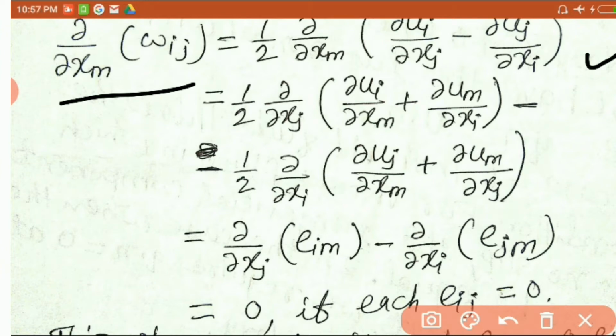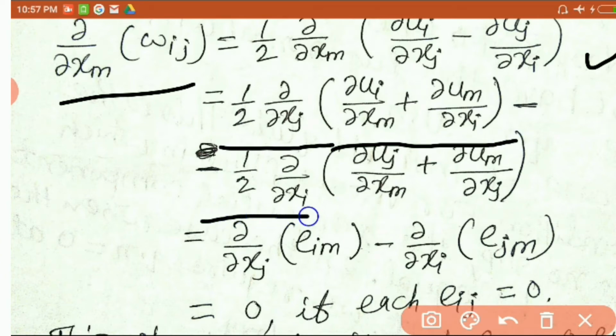This is equal to 1/2 ∂/∂x_j (∂u_i/∂x_m + ∂u_m/∂x_i) minus 1/2 ∂/∂x_i (∂u_j/∂x_m + ∂u_m/∂x_j),